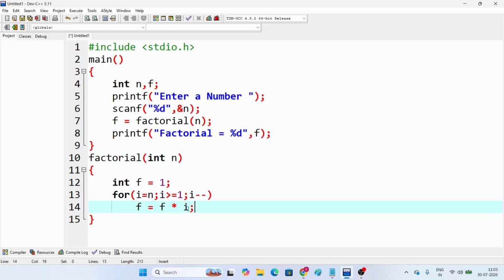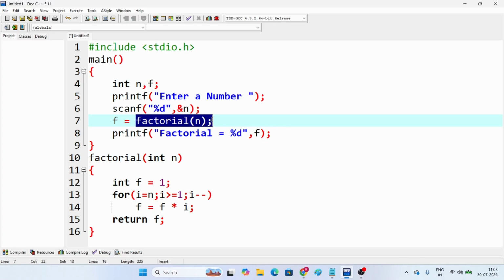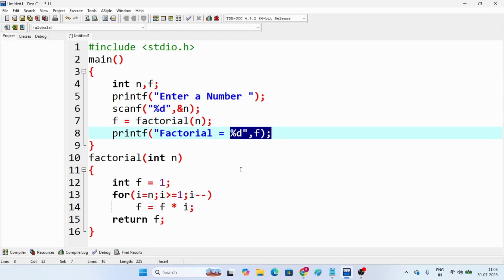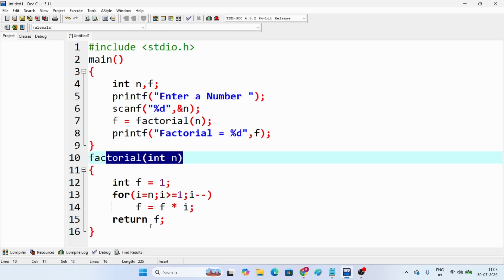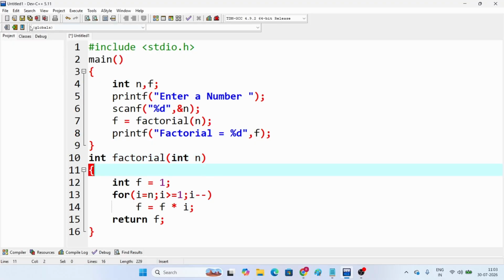Once the for loop is completed, the factorial value will be ready, that we need to return back. How to return? Using return statement. So when you say return f, for example the number is 5, so the value of f will be 120. That 120 will come and store into this factorial, which I am storing into this f variable, that we are printing. Now in this factorial we are returning this f. f is what type? Integer. So before the function name we have to mention the return type, and mentioning this return type in C language is optional. Now save this file,